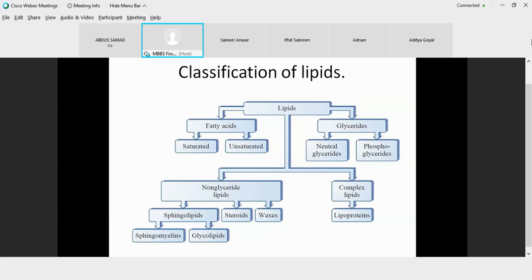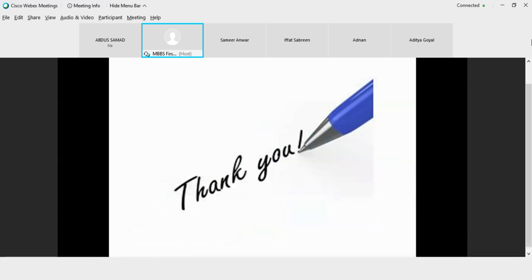In order to carry these molecules in your blood to different locations, they form complex lipids, and these lipids combine with a small protein to form a lipoprotein. So all these lipids are carried in your body in the form of a structure associated with a protein moiety, and they are known as lipoproteins. In the coming class, we will be discussing what these lipoproteins are. Today we are stopping here.